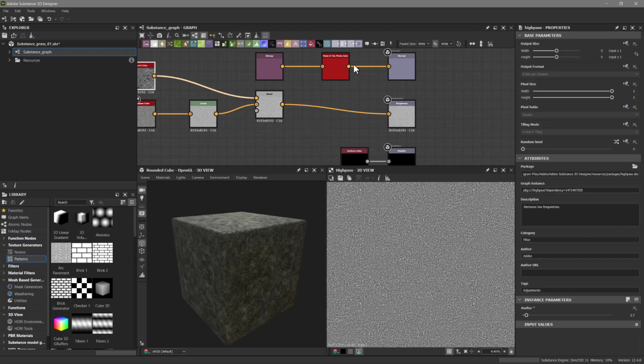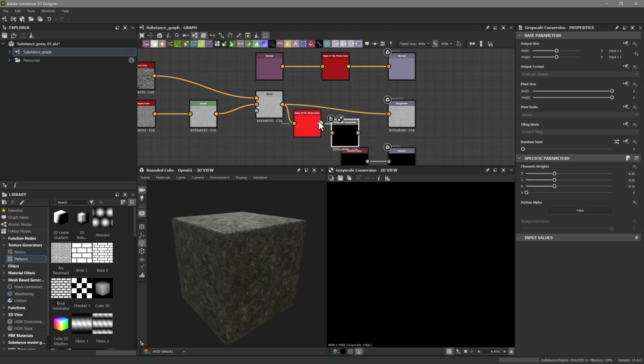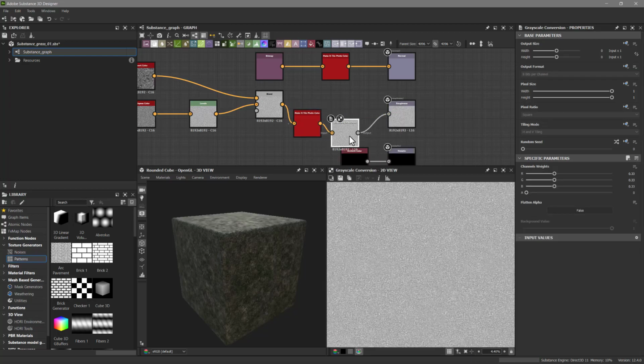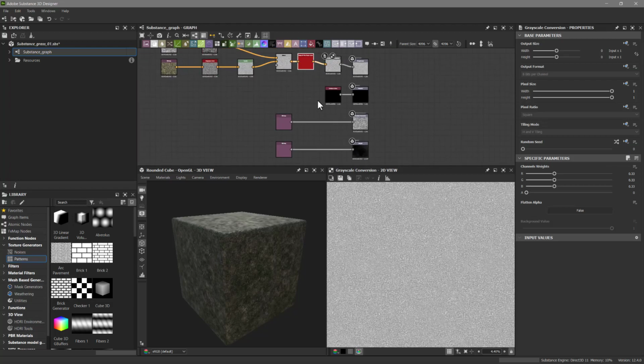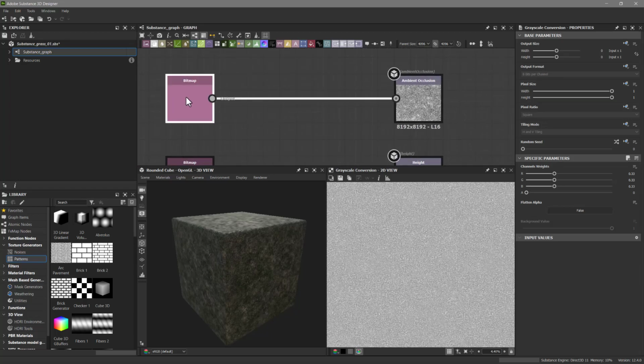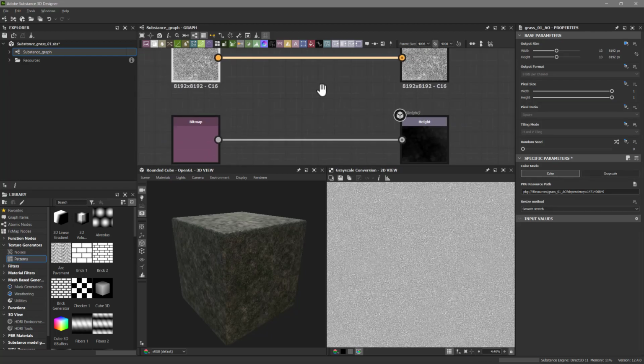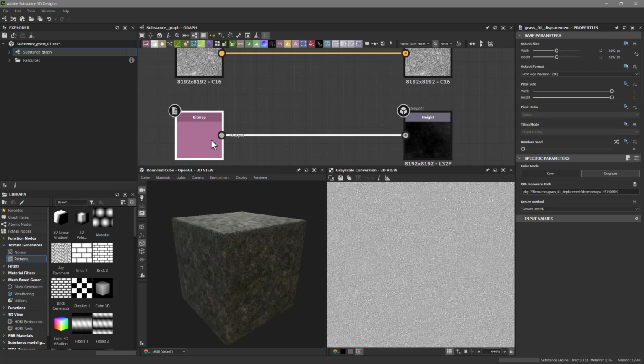Then the color is going into the roughness, and we could just do the conversion at the end. So I can say Control C, Control V, put that in there, and then we can convert to grayscale if we want here. So now we have basically the same thing, and then we don't have to dial in all those numbers. And you can do the same thing down here for these. I believe this is grayscale right now. You can change it to color and change it back. And then this one,